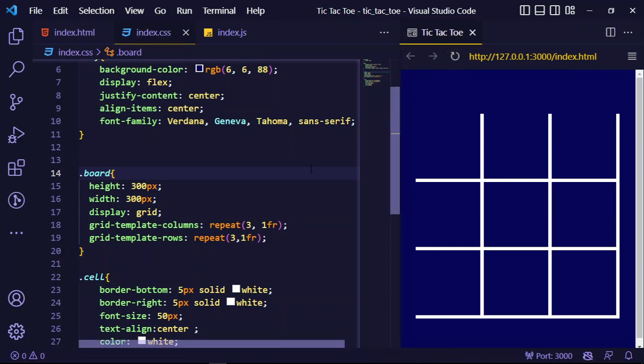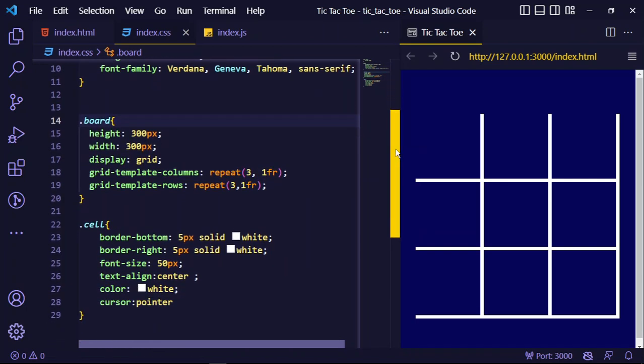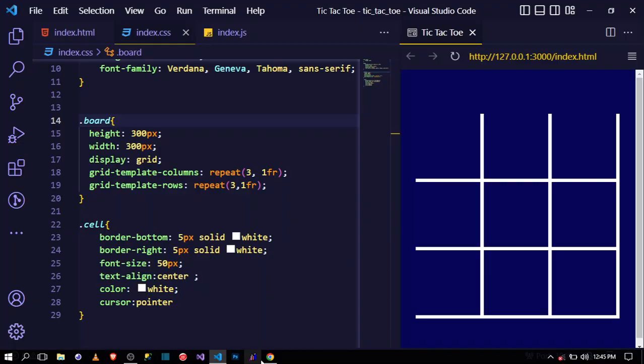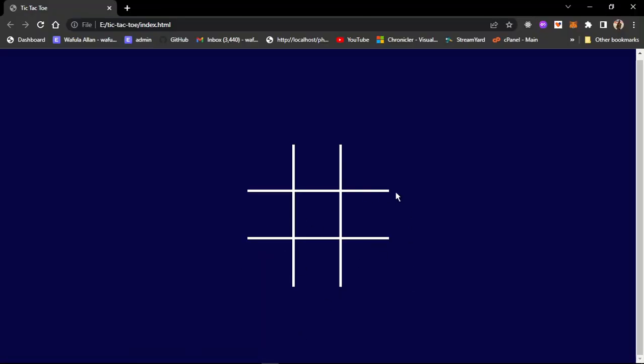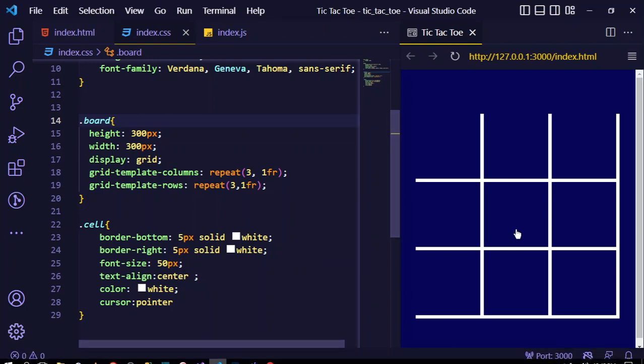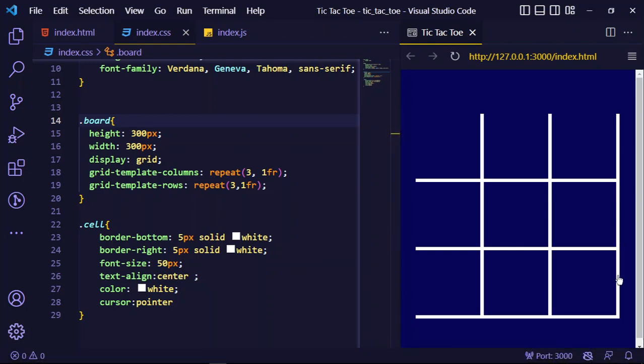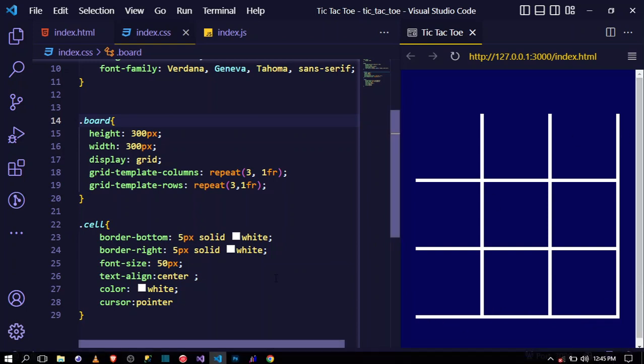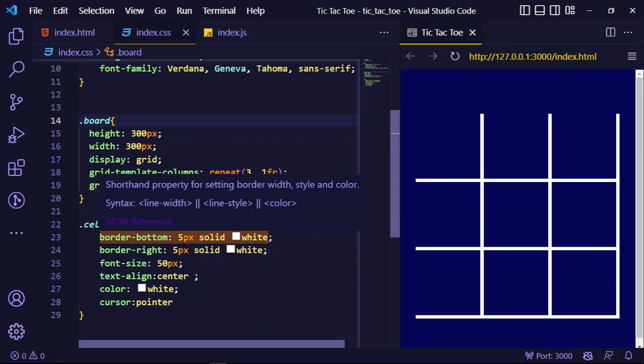All right, so that's where we are right now. We want to achieve this, but we are a little bit close to this. Just that here we have to remove this line, and also this line here at the bottom. These 2 lines should be off in order to achieve what we want. So to achieve that, we have to target